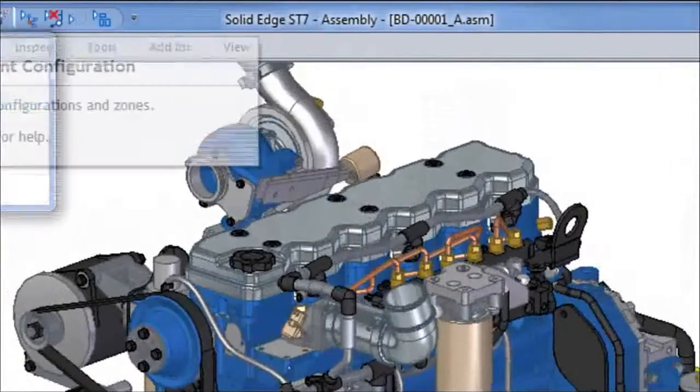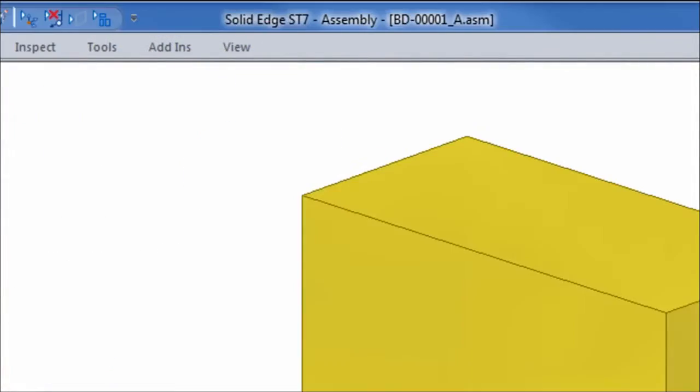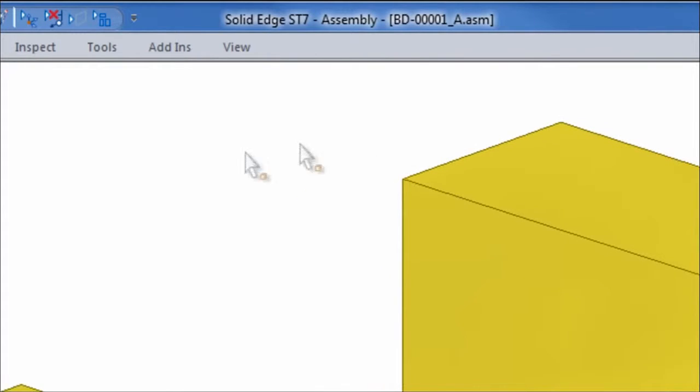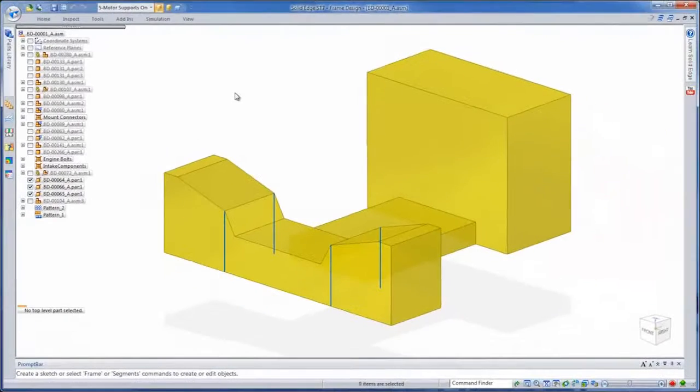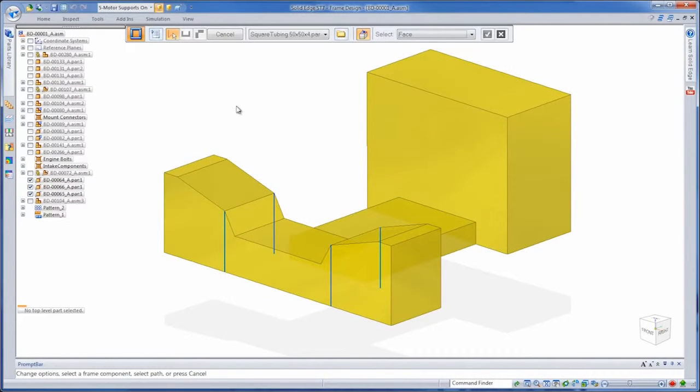Now we want to build an engine test stand. For this, we'll use the frame construction tools within Solid Edge ST7. We'll begin with a solid representation of the test stand and use the edges of these bodies to guide frame